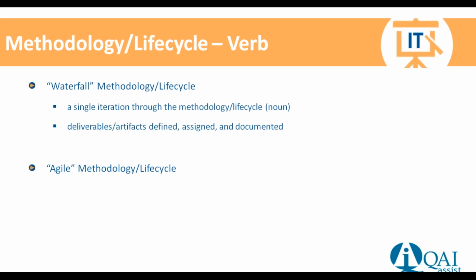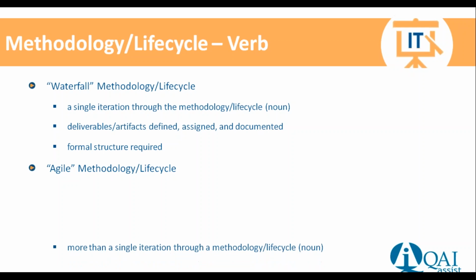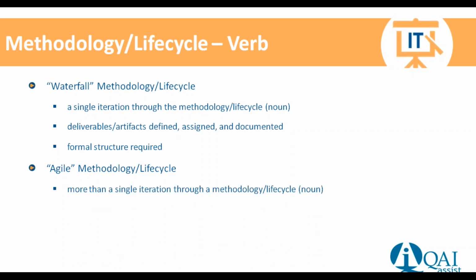There are going to be deliverables assigned and documented. And there's a formal structure and rigor when we're talking about waterfall as far as the actual phases done and actual deliverables done and the assignment of them. Now that's a little bit different than the agile methodology or life cycle in the context of a verb. What we're talking about here is that there's going to be more than one iteration. So going through the software development life cycle, we may define a certain amount of functionality that we want to define requirements for, we want to build, we want to test, and we want to say, okay, this can go into the production environment. Okay, the next piece of functionality. So there could be multiple iterations through the methodology in the context of the noun.